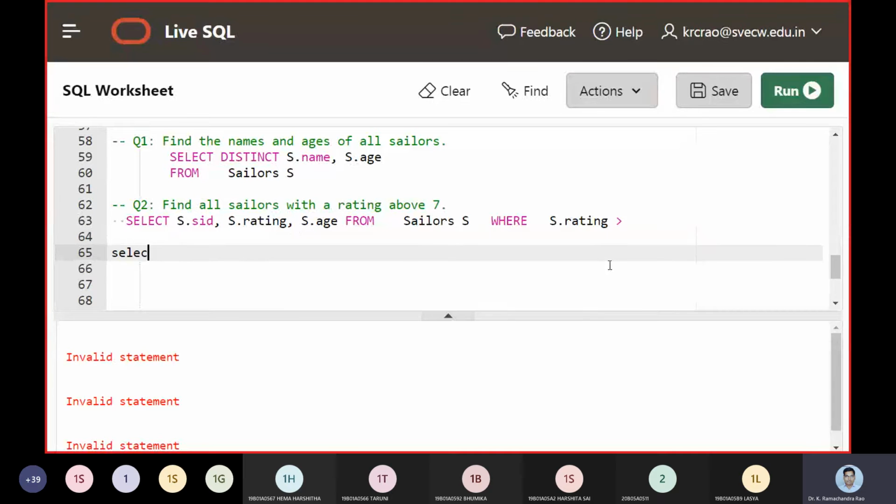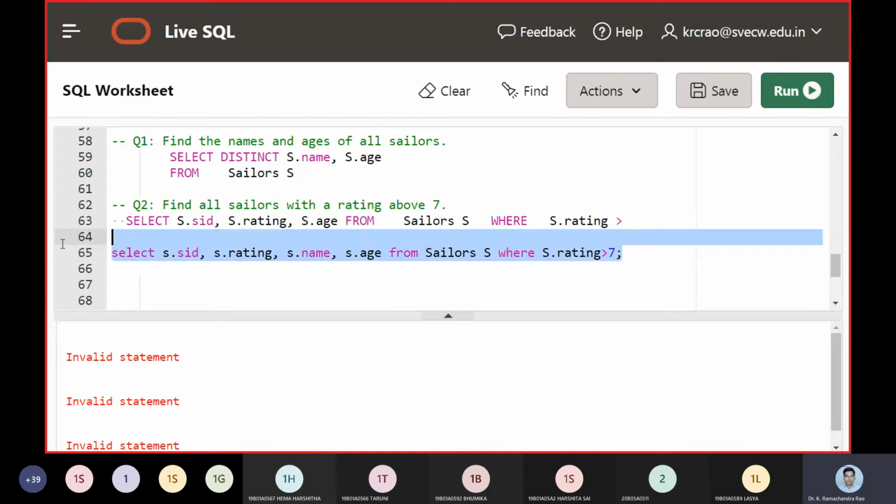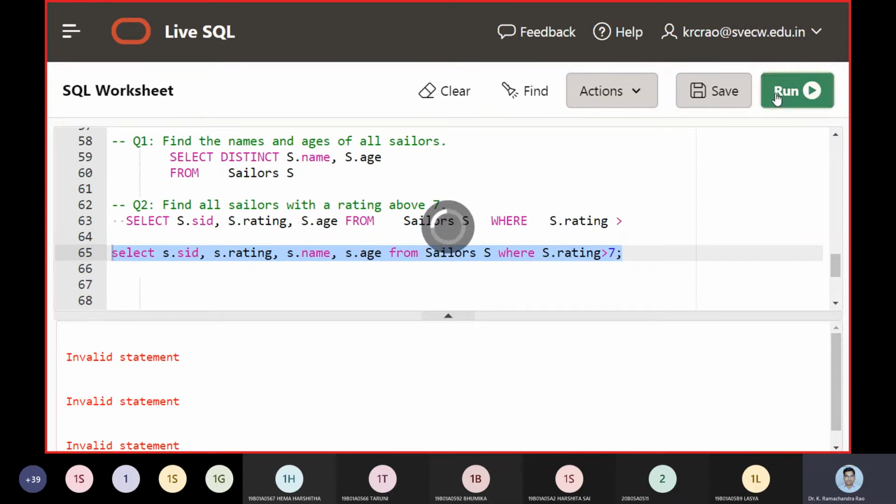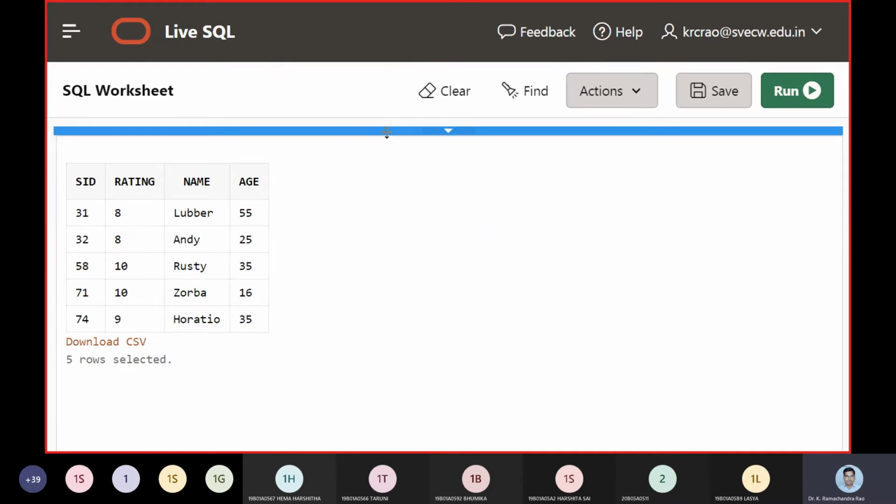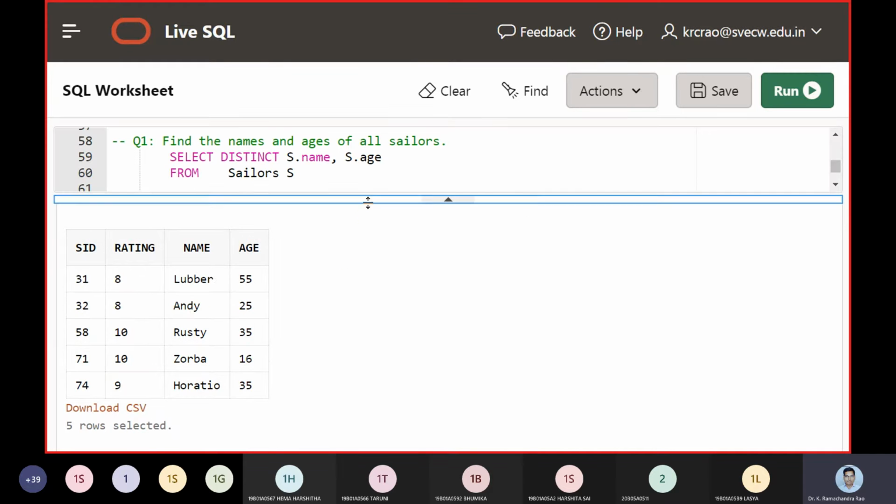Okay, I'll type it. So select s dot sid comma s dot rating comma s dot name and s dot age from sailors, where s dot rating is greater than 7. Now you can see the same query I executed. Maybe some typos are there.